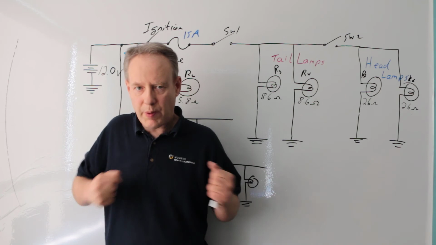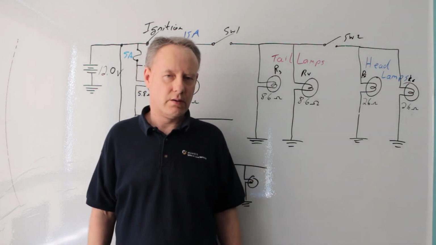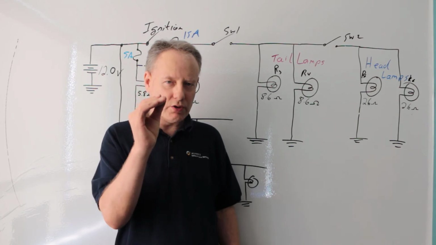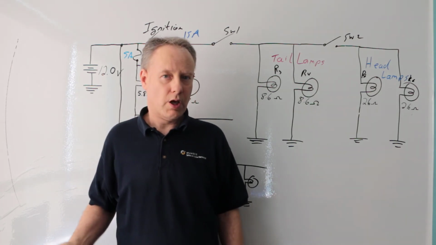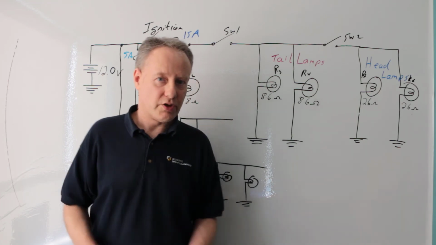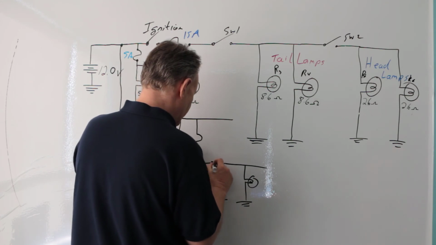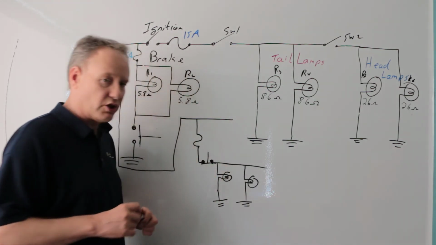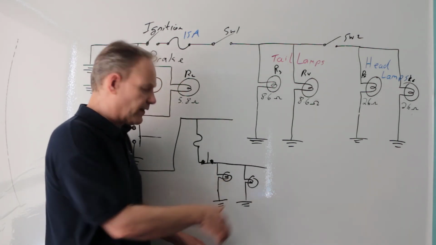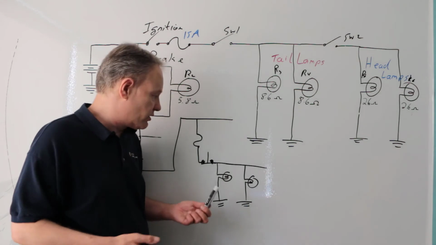If I open the door, so the event is door opens, I want the lights to come on. So I want a switch to become closed when I open the door. When I close the door, I want the switch to become open. So I'm going to use it normally closed. Okay? So I'm going to put this here, and I'm going to do that. So I've got a normally closed switch. So when the door is closed, this will become open and the lights will come on. When I open the door, this will go into its natural state, which is closed, or its normal state, and